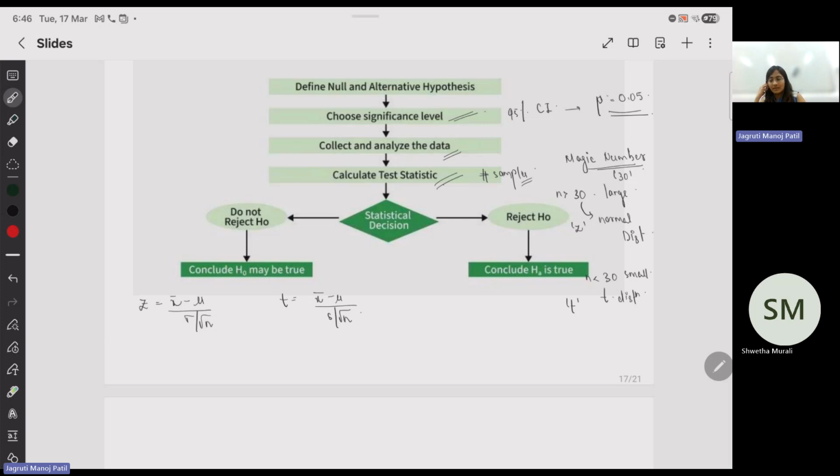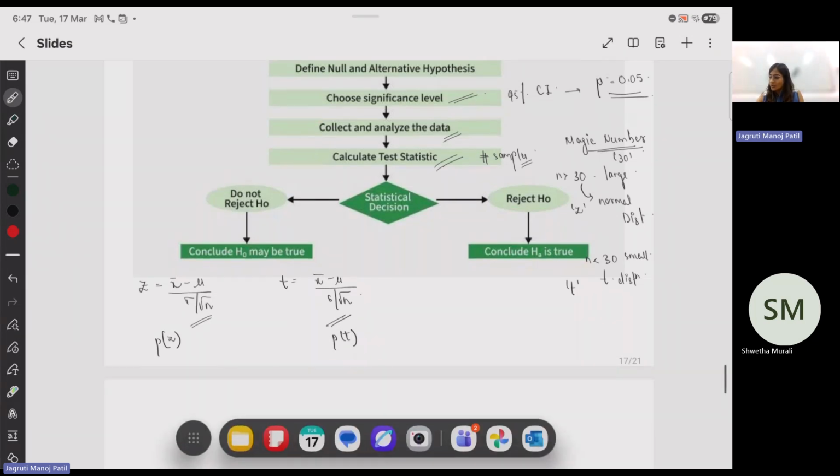Now, this is considering that both of the groups you're looking at have the same sample size. The sample size is not changing in those cases. When you compute these test statistics, you look at the probability of them. How you compute this probability is not your concern, because those are things done by old statisticians and mathematicians.